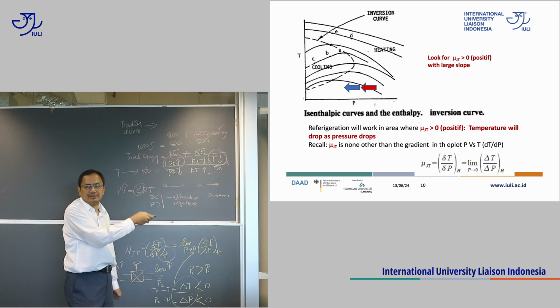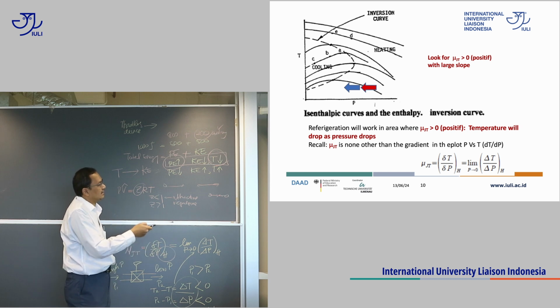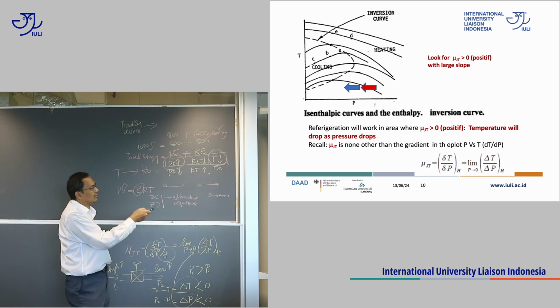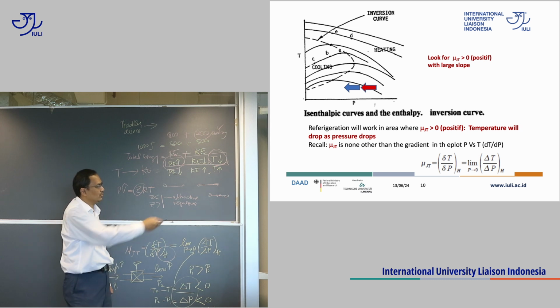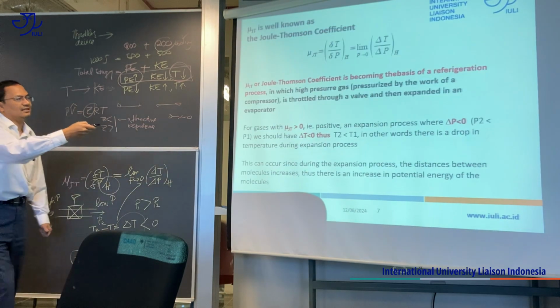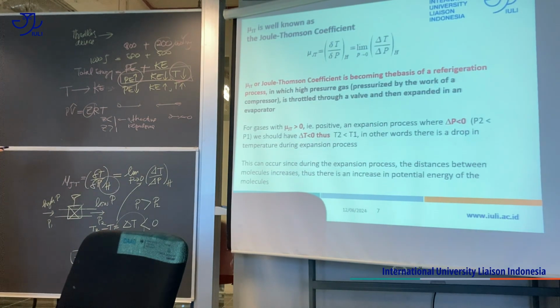This one will be more fundamental, so you understand why it is that as the molecules are getting farther away, you have cooling first, but then if you select the wrong region, you will have heating. So you have to operate in this region, and the key is recognizing that, go back to this Joule-Thomson coefficient,